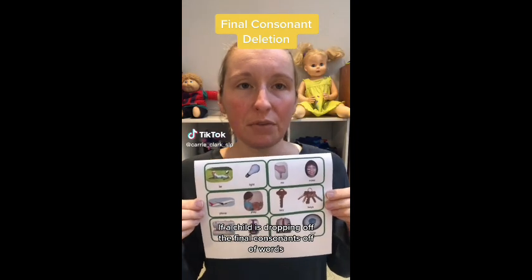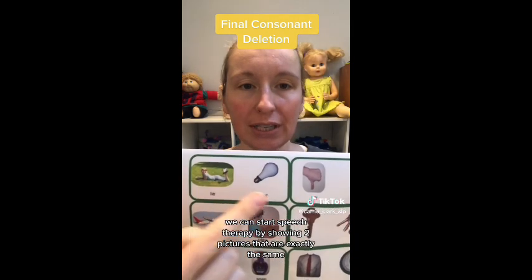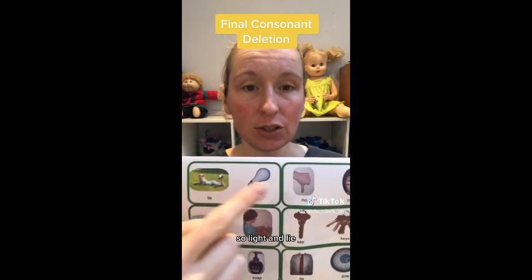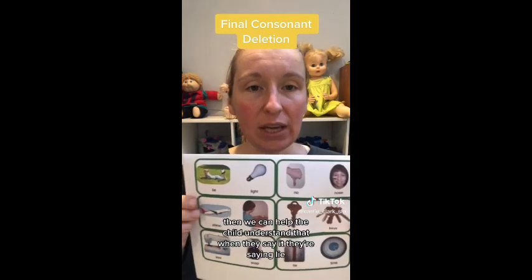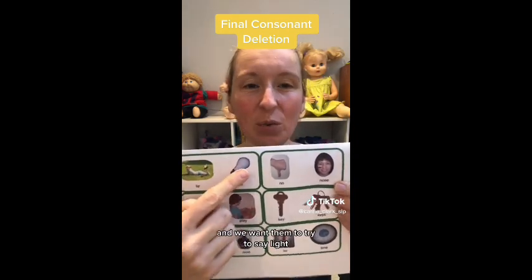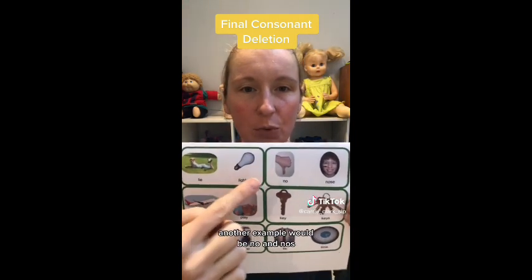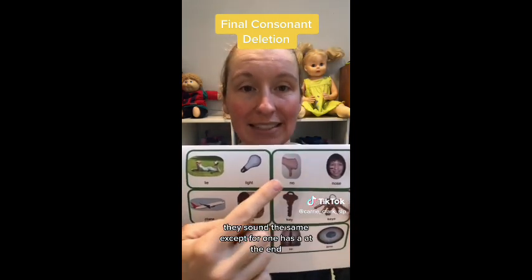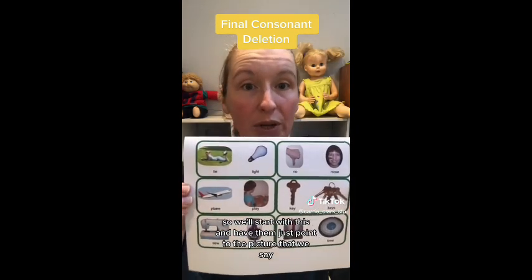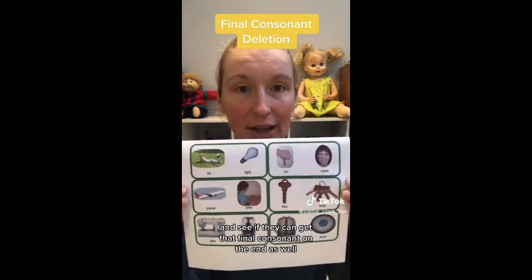If a child is dropping off the final consonants of words, we can start speech therapy by showing two pictures that sound exactly the same, except that one has a final consonant and one does not. So "light" and "lie". And then we can help the child understand that when they say it, they're saying "lie", and we want them to try to say "light". And then we can really emphasize that last sound. Another example would be "no" and "nose". They sound the same except one has a Z at the end. So we'll start with this and have them just point to the picture that we say. Then we'll have them say the words and see if they can get that final consonant on the end as well.